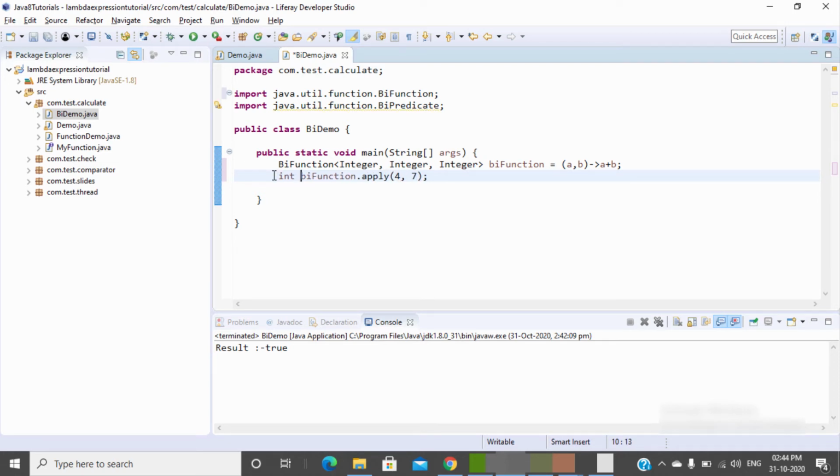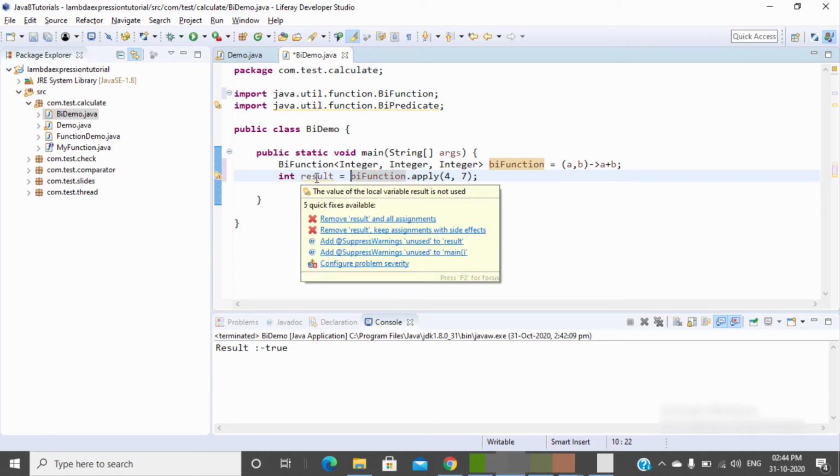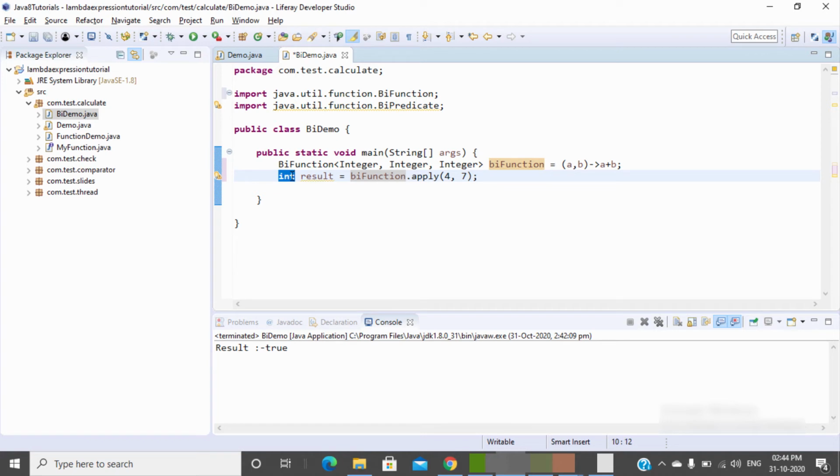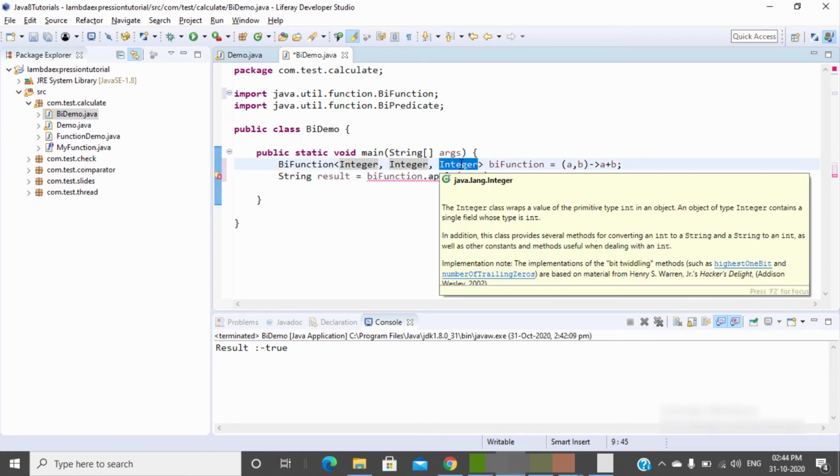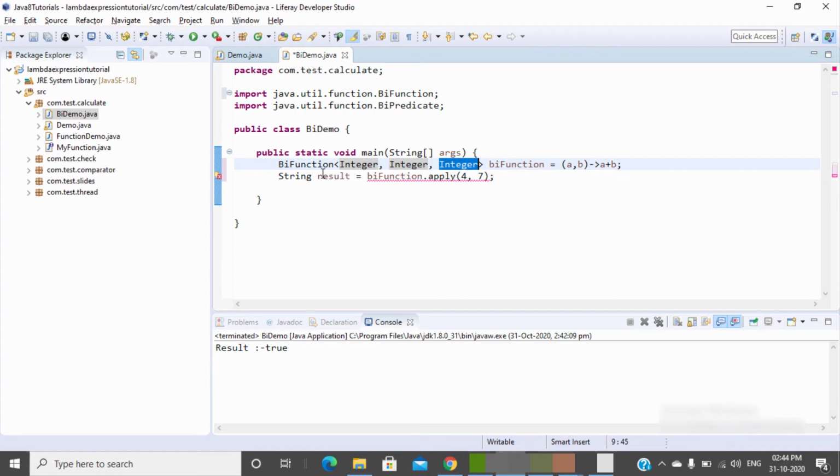And let's store this in a variable of type result. So let's change it to string and it will give me an error. And see the error, change type of result to integer, because this is the third argument which should be integer.